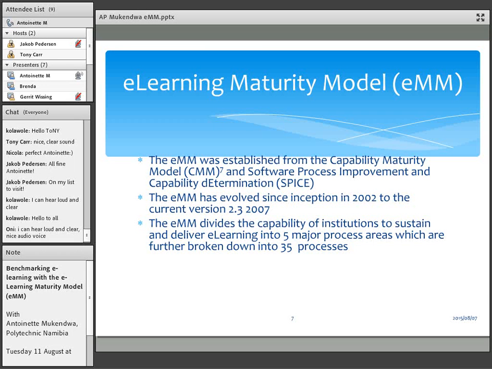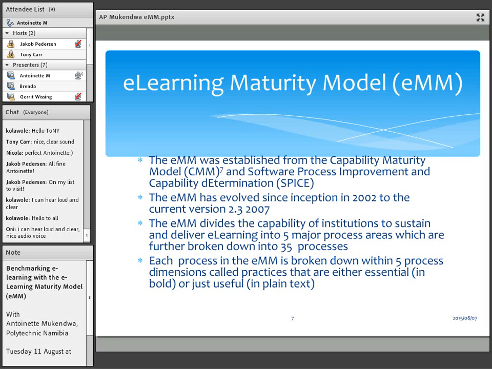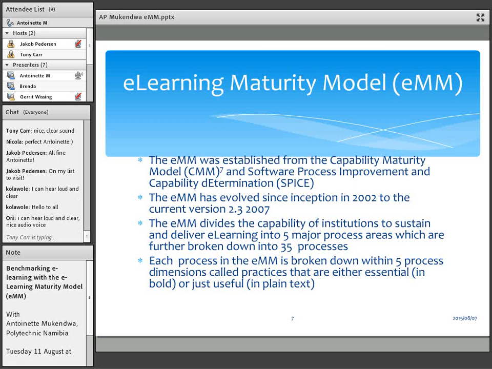So I'll show you an illustration just to show you how it looks. The second component is what we call the dimensions. It also has 5 process dimensions, and those dimensions are further broken down into what are called practices. Once again, I'll show you an illustration. And the practices, you'll see some are in bold and some are not. The ones in bold are essential, whereas the ones in plain text, although they are useful, are not the essential ones. Basically, they're supporting the essential